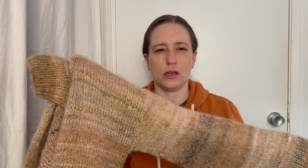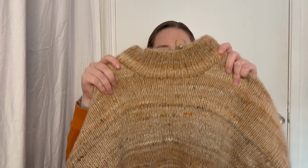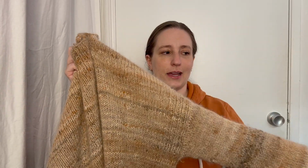I struggled to figure out how to make the sleeves. I don't really have enough room to block it out in a T position where both of the sleeves are out. So I tried at first to stretch them this way, but keep the shoulder. It's really hard for me to block because I just don't have the space. I don't really have a private area, especially one where my cat won't be walking all over it with her dirty little paws. So it's just a little bit of a struggle. And that doesn't help when our apartment is cold and it's winter and all this other stuff. So blocking is still, I mean, I think it's good enough that I can probably just sew in the ends